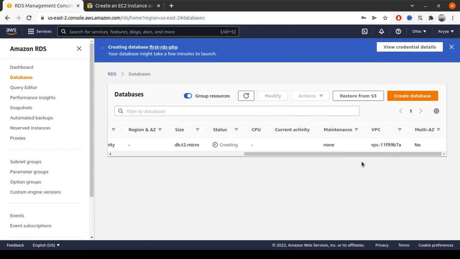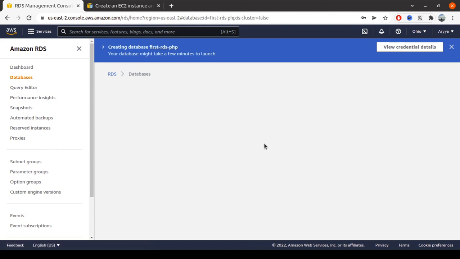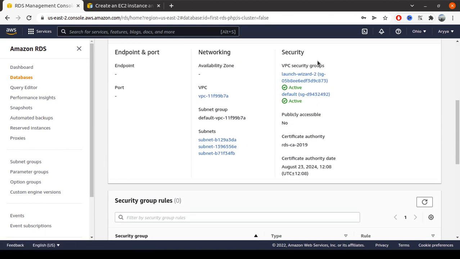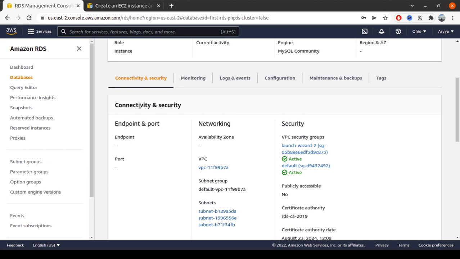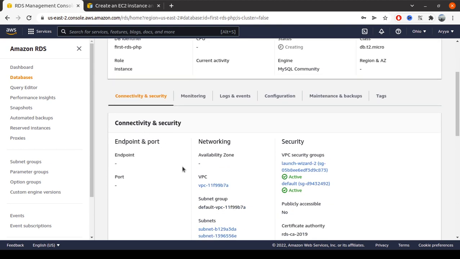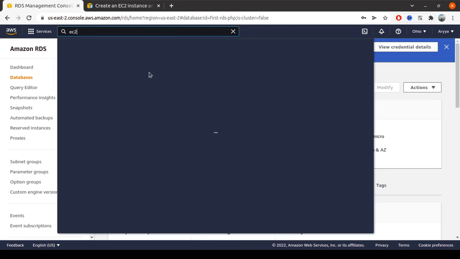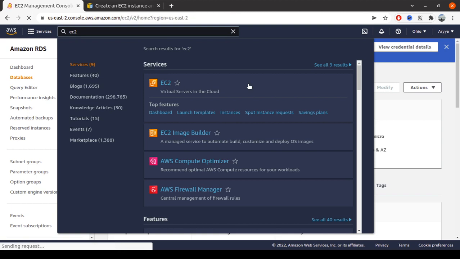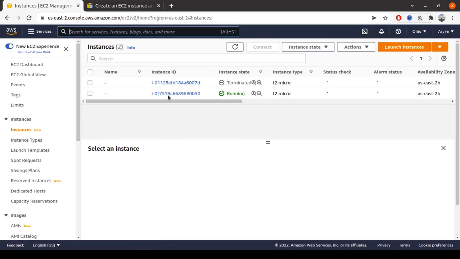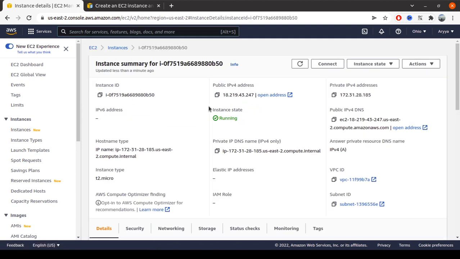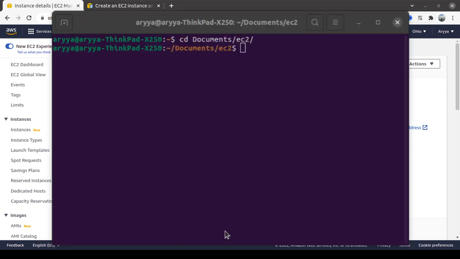This is the database, let's click here and wait for the endpoint. It's still starting, so let's go back to the EC2 instance. In the EC2 I'm sure that the instance is already up now, so we can see the running one below. This is the IP, so let's configure this to create a simple web server that allows PHP scripts to run. Let me share the console for you.